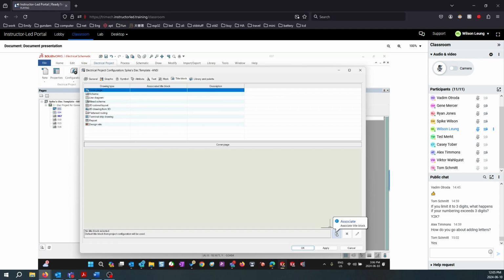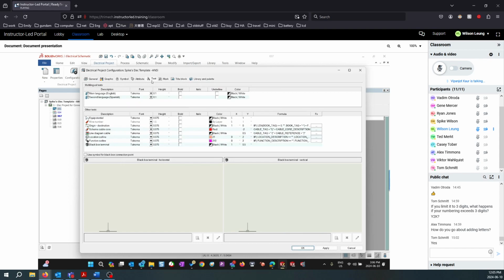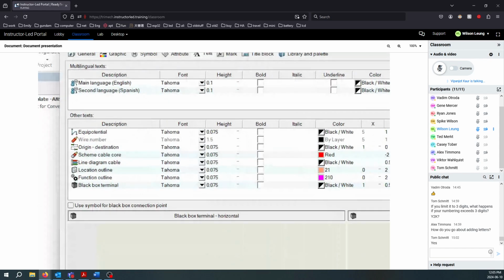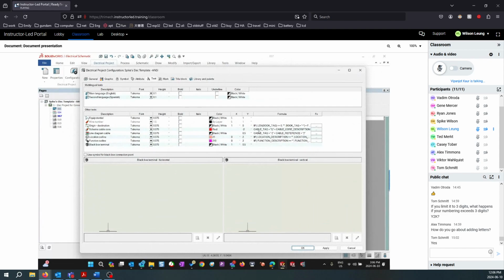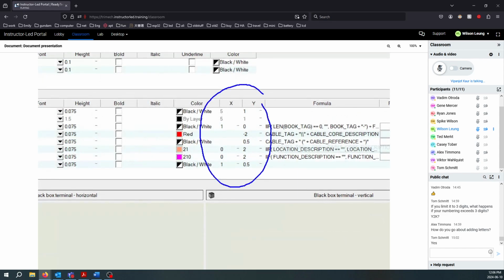I also want to change one other property, the property of the text, which I forgot. So you can see any type of text on top of the wire, on top of cable. All the text height we controlled. We can also control the position of the text in the XY coordinate. Anything that's grayed out, you cannot change. But I'm going to refer to the book and I'll change the text position as well before I apply